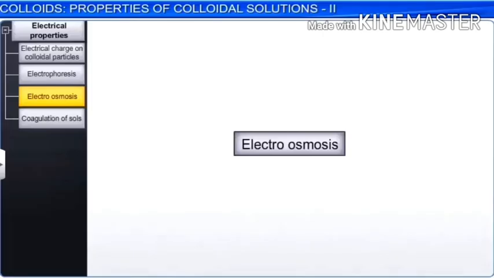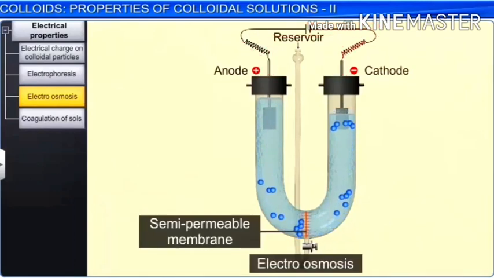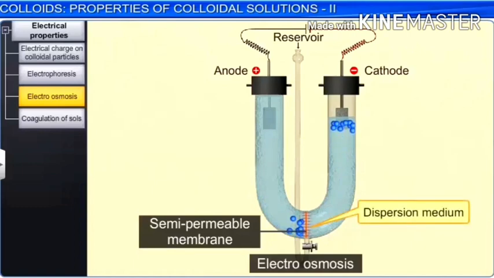So the next phenomenon that we are going to study is electroosmosis. Suppose electrophoresis is going on, and the charged particles are moving towards the oppositely charged electrode. Now we stop the movement of the colloidal particles, by using a semi-permeable membrane or something. If we block the flow of the colloidal particles using a semi-permeable membrane, the colloidal particles will be stuck there. They cannot flow, since the semi-permeable membrane won't allow them to pass through it.